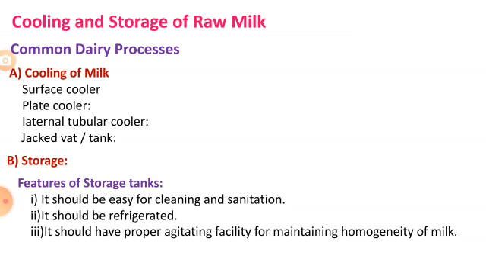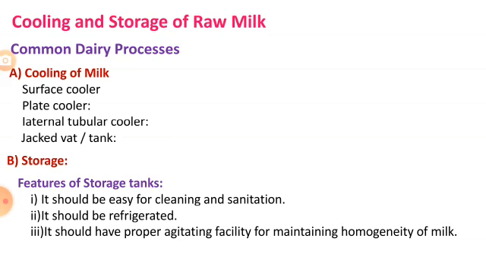As soon as milk is received in the plant, it is chilled to 5 degrees centigrade or below and stored at a low temperature till it is used, to prevent deterioration of bacteriological quality during the different waiting time intervals. That's why cooling of milk is a very essential process. There are different methods of cooling used in the dairy industry.